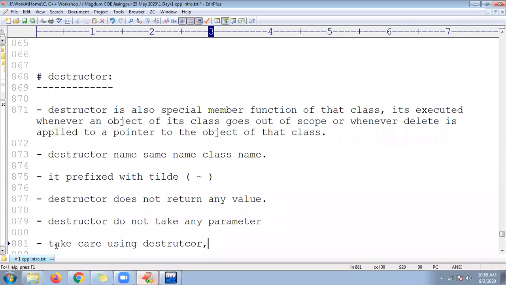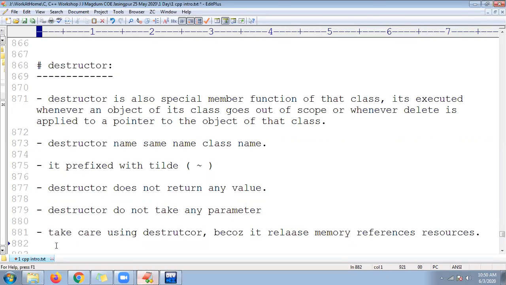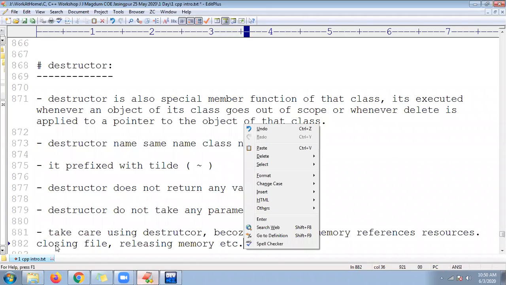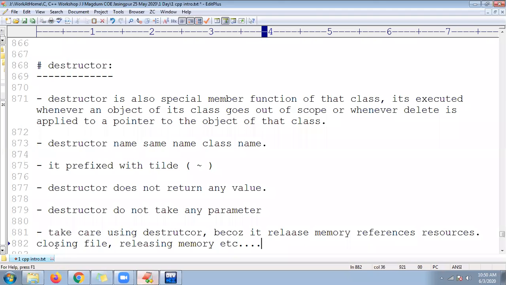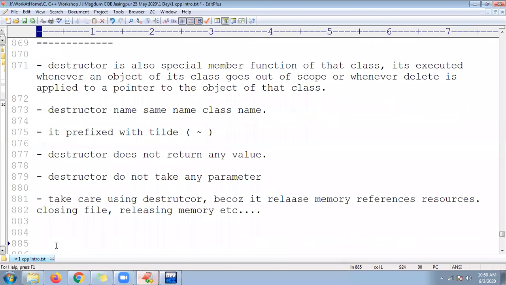It releases memory references and resources. Examples are releasing memory, or closing a file, etc. Okay guys, fine. Let's see one example on destructor.